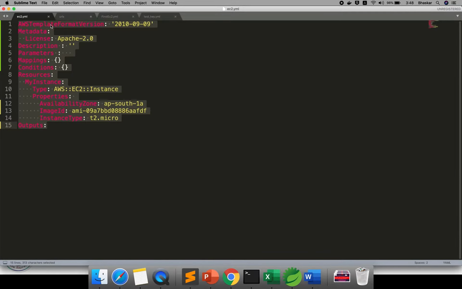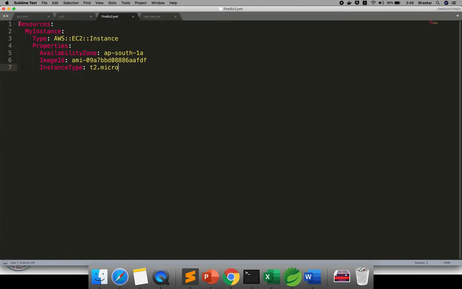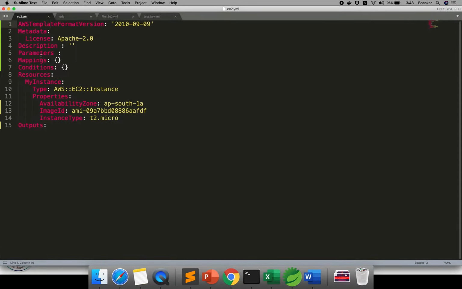In the previous video I explained only the resources, so in this session I'm going to integrate 4 more things. This is given by AWS, as it is: you can use the template format version, which template you are using, and the description, you can provide the description also. Here this is the tag used to provide multiple parameters. Mappings and conditions we will discuss later. And this is your resources and outputs.